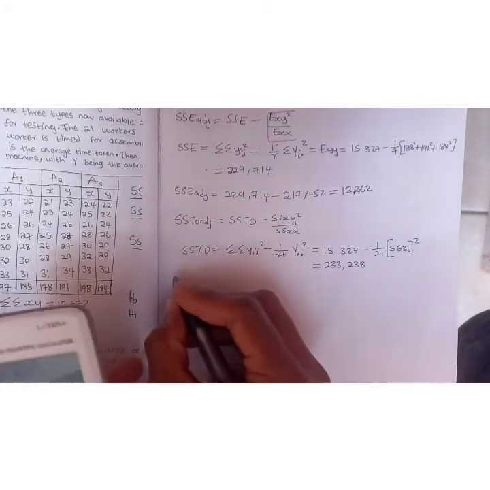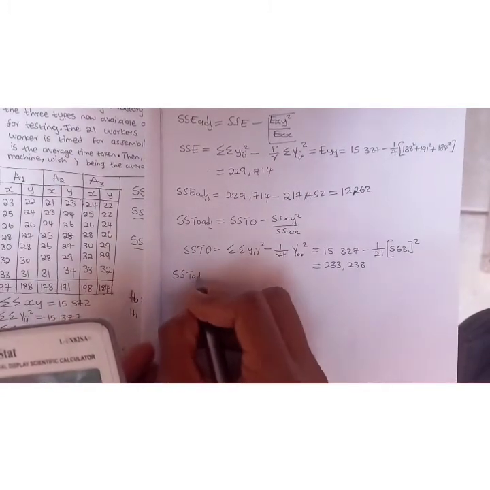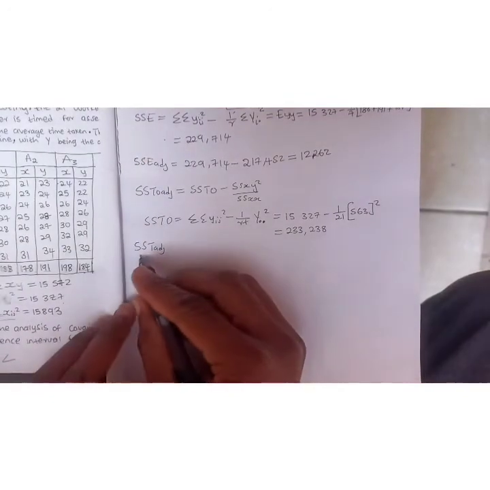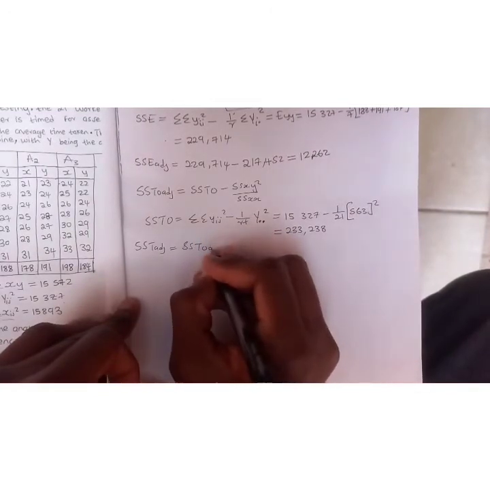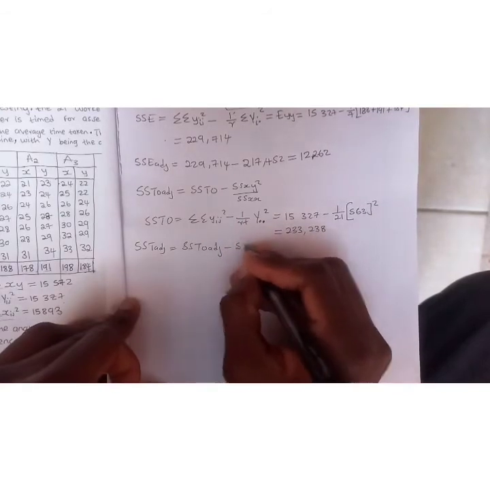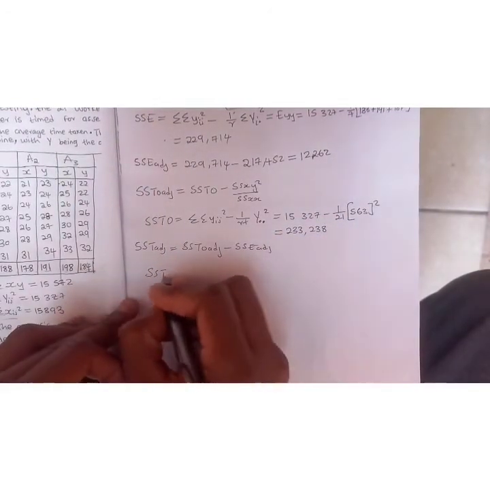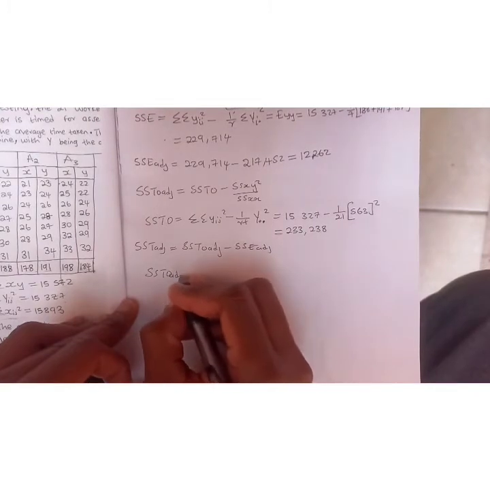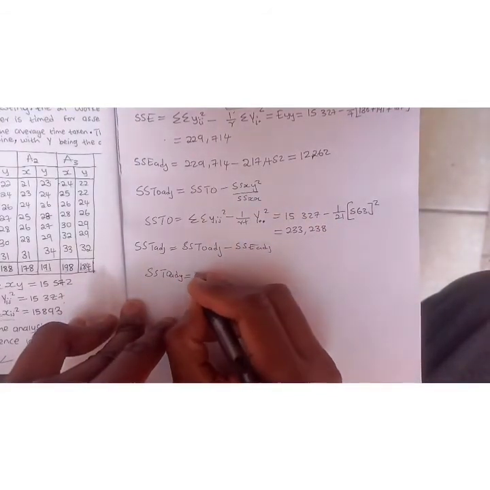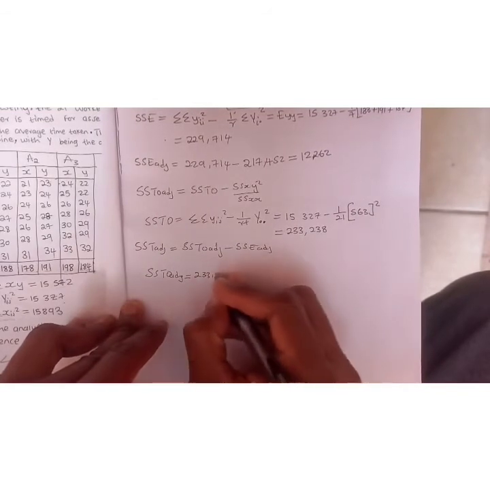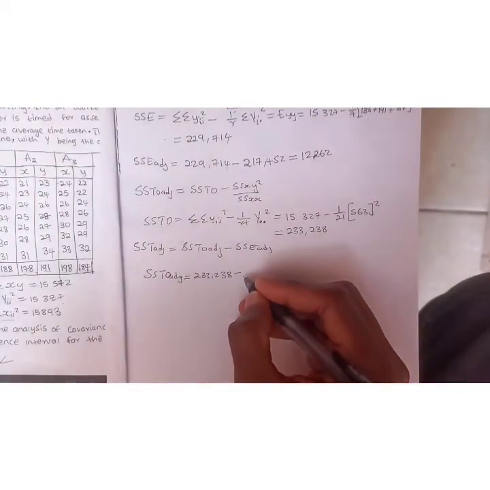So let me confirm SST adjusted if it's correct also. I'm confirming SST adjusted, so this must be given by SSTO adjusted minus SSE adjusted, where you know your SSTO adjusted in this case here is given by 233.238 minus that value, the SS reg adjusted, which was